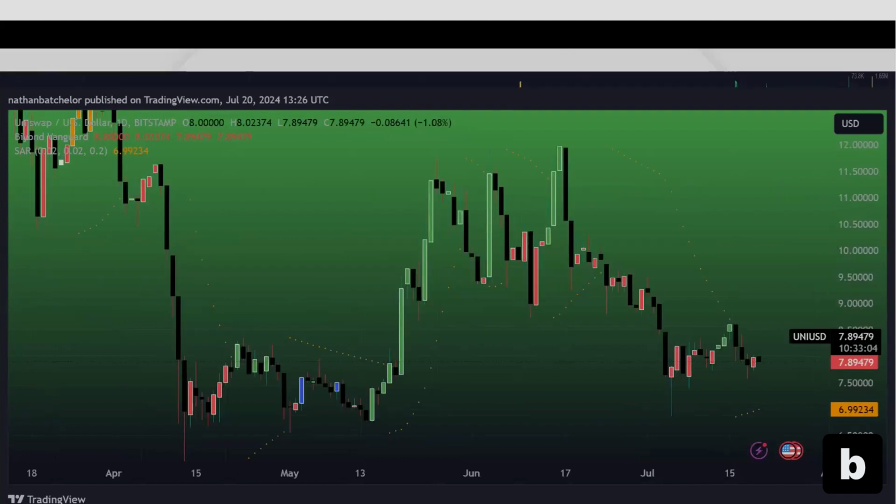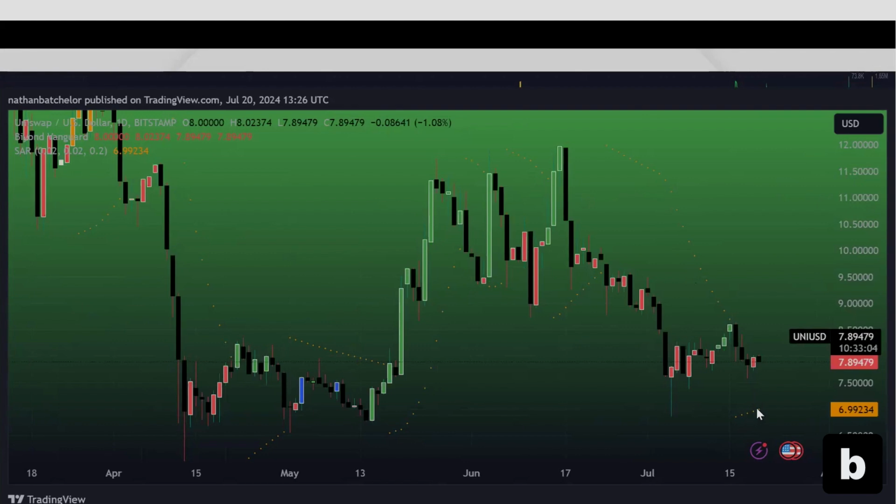If we look at something like Uniswap, it's kind of giving an indication that it's very close to turning bullish. It's moving near those dots around about 850. So that's the level to watch out for in the week to come. It's kind of showing that we're not quite bullish yet on Uni, but we're very close to. And also, I guess once we go above there,